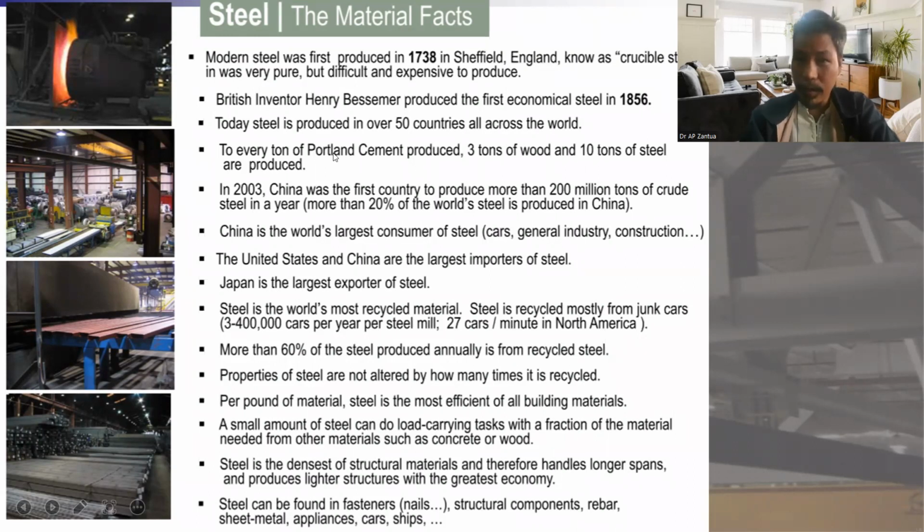Okay, take note of the valuable characteristic of steel as a construction material. 1 ton of Portland cement, 3 tons of wood, 10 tons of steel. Okay. In 2003, China was the first country to produce more than 200 million tons of crude steel in a year, meaning